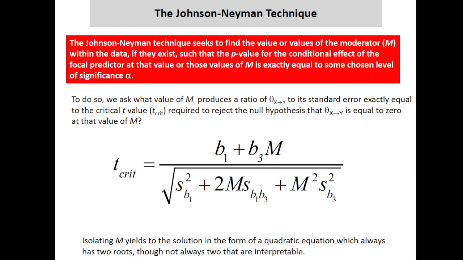Now, when you do some stuff from grade 9 mathematics, grade 9, grade 10, maybe grade 8 if you're advanced, well, in the US, you're probably doing this in 6th grade here. If you work through this, what you're going to end up with is a quadratic equation. That is, we're going to isolate m. And we set that to 0 when we have a quadratic equation, or we use something called the quadratic formula to generate the roots of that quadratic equation. So this will end up as a quadratic that has 2 roots.